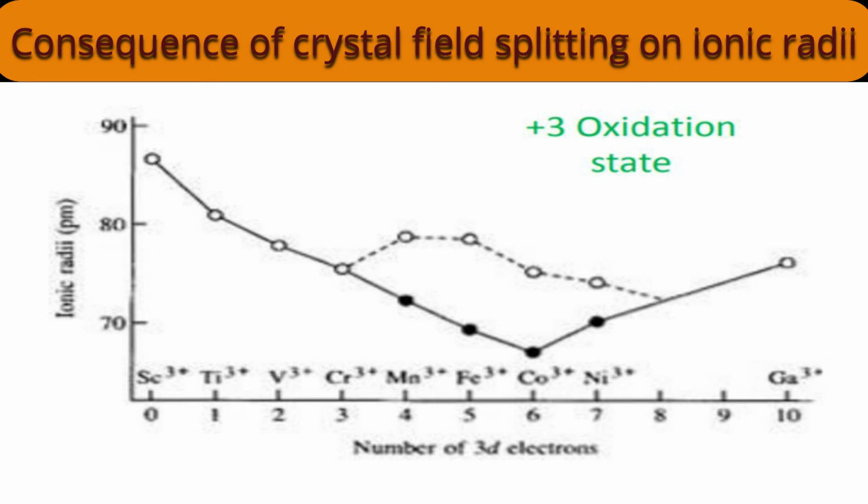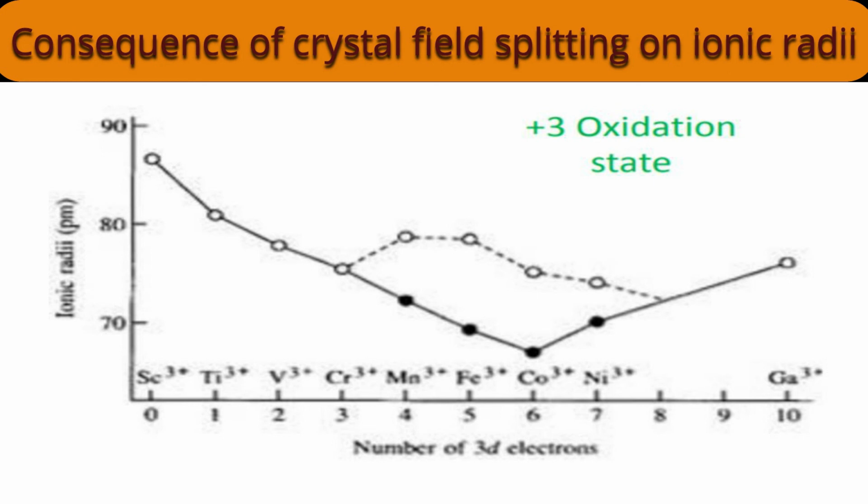It is indirectly the first half, you can consider D0 to D5. After that, cobalt plus 3, D6 system, entry of electron in T2g orbital, size decreases. Ni plus 3, D7 system, entry of electron in T2g orbital, size decreases. After all, copper plus 3 was expected, but it is not going to show that stable oxidation state, therefore it is not represented. Similarly for Zn plus 3, which is not showing the tripositive state.